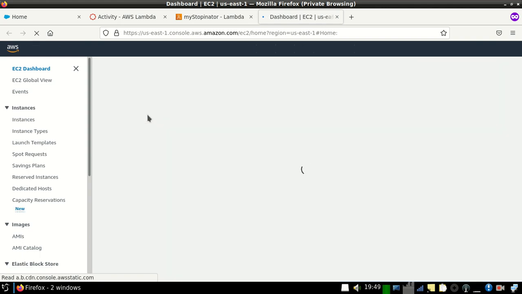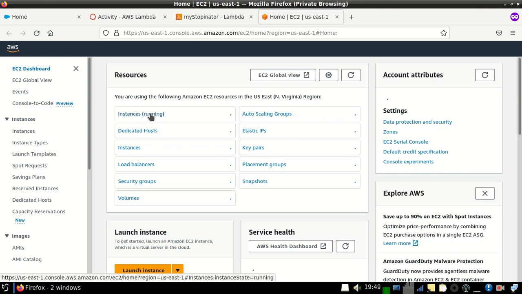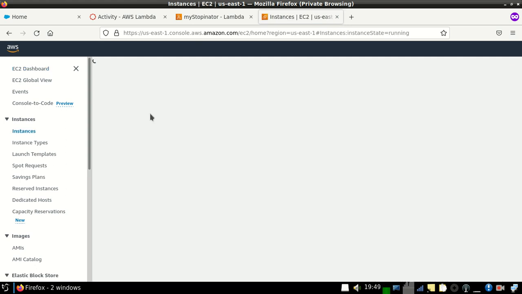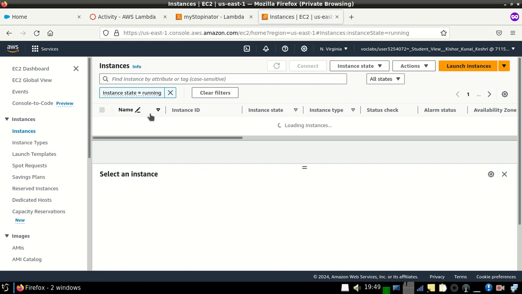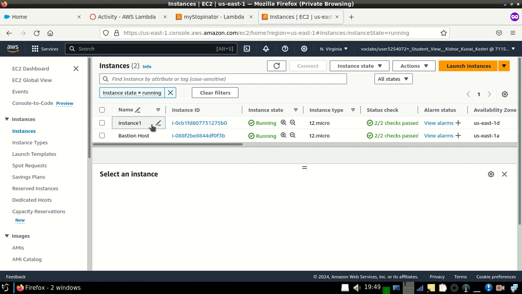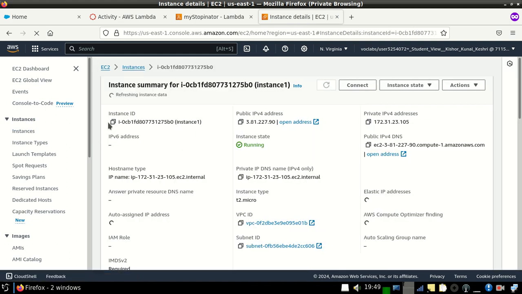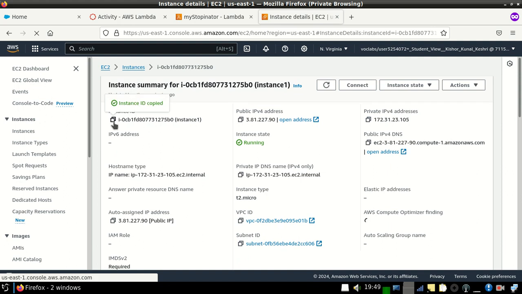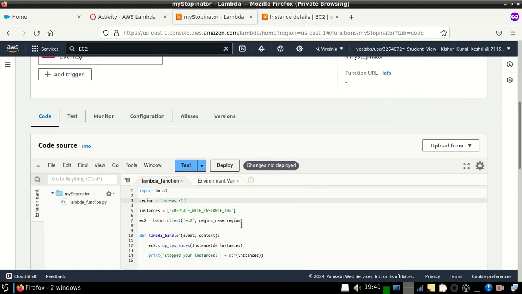Look, instance running. Okay, click on instance running. Wait, the instance is loading. Look, Instance 1, it is running. Click on this and copy the instance ID. Now the ID is copied. Now place the ID here.